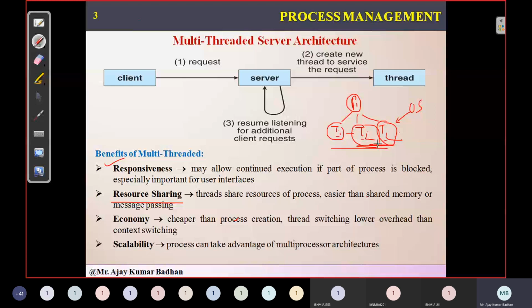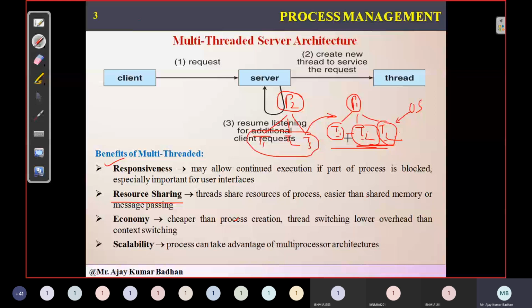But if you have another process here, which also created T1, T2, T3, these threads cannot access or share resources with those threads. Why? Because these threads belong to this particular process. This is something like two different families having children. The first family has certain property which is distributed to its children. The second family has property distributed to them.